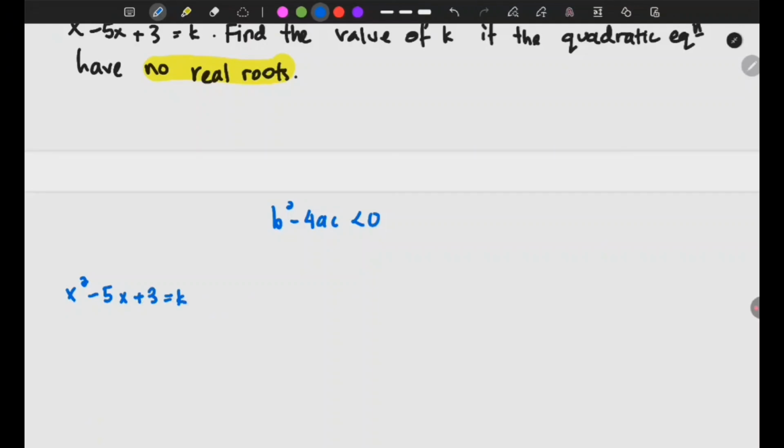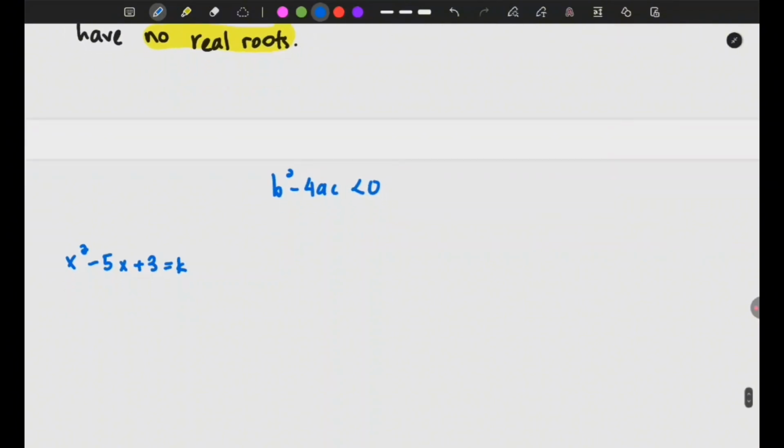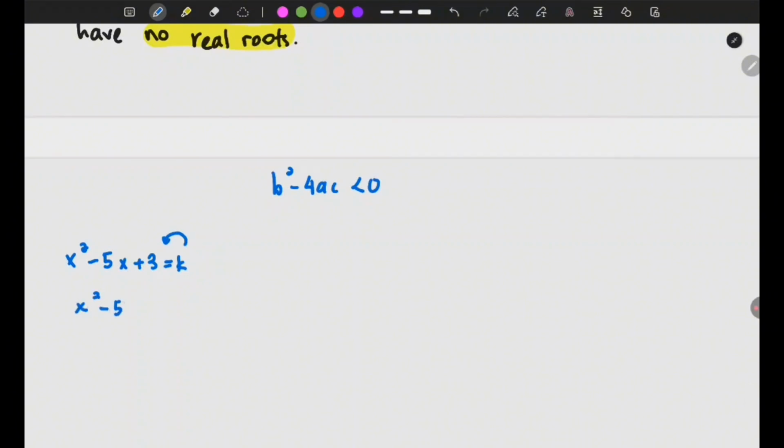You have to make it equal to 0, so the k you have to bring to the other side. So x squared minus 5x, the plus 3 remains, and the k you bring to the other side: positive becomes negative k, and this will be equal to 0. And actually you can see the pattern,